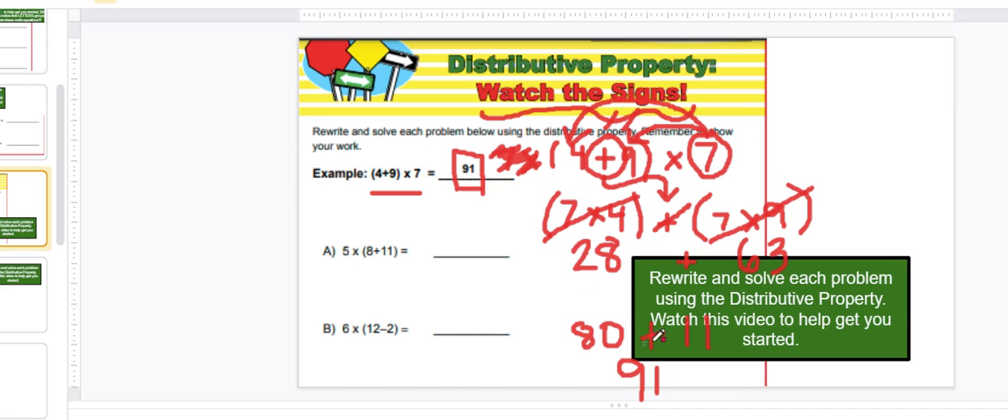But we've used this process of the distributive property to work the problem, to simplify it along the way into its most simplified phrase or term, which is 91. So your job here is to do that same thing for these problems over here, remembering to watch the signs, right? Are you going to be multiplying and adding, or are you going to start with some